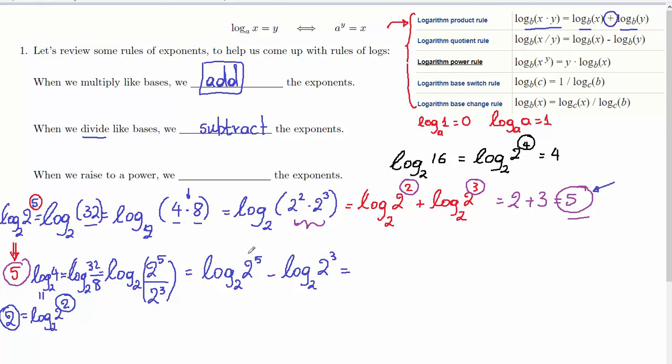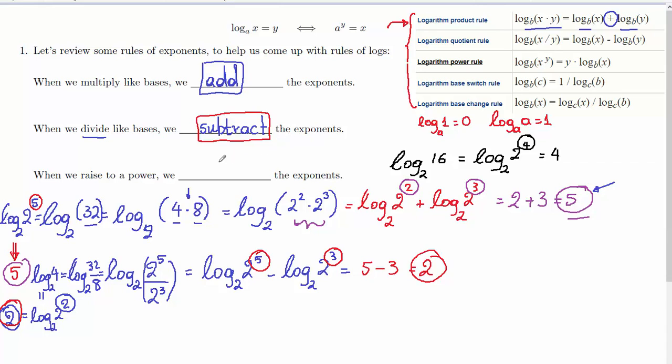And the truth is that it holds. Right here, if you look at this logarithm, this is going to be equal to 5. And if you look at this logarithm, the exponent is 3, so it is equal to 3. So I subtract 3 from 5, and the result is 2 again. So the property holds. And this is how we come up with this generalized property that tells us that whenever you divide two numbers and you take the logarithm, then this is equal to